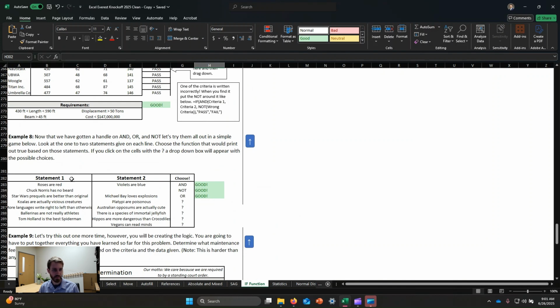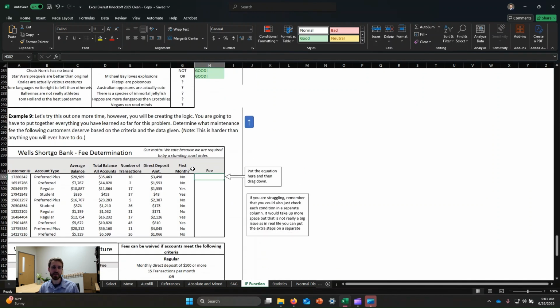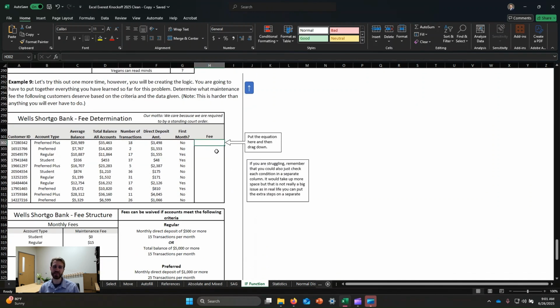So moving on from this little statement game, there's another example here that's like a complicated game of what a bank's fee stuff might do, a bunch of logic that goes together to say what your fee is going to be, if it should be waived,